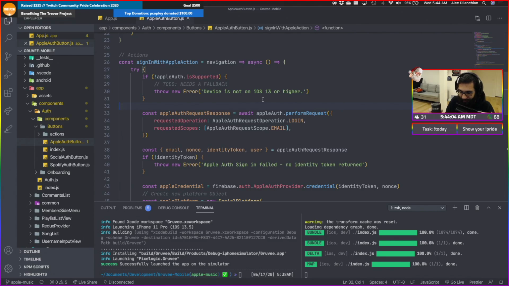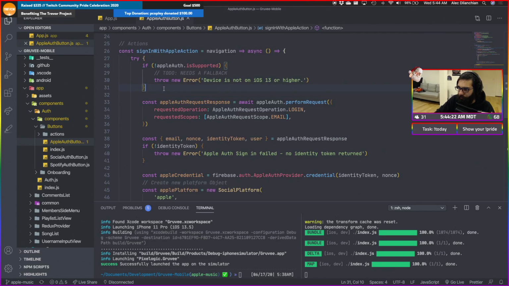But there's probably a lot of changes in regards to how that thing works. Since we are supporting lower versions of iOS, we have to make sure that we have another method for them to go through this. Cool. So yeah, we need to do a fallback. We noted that.